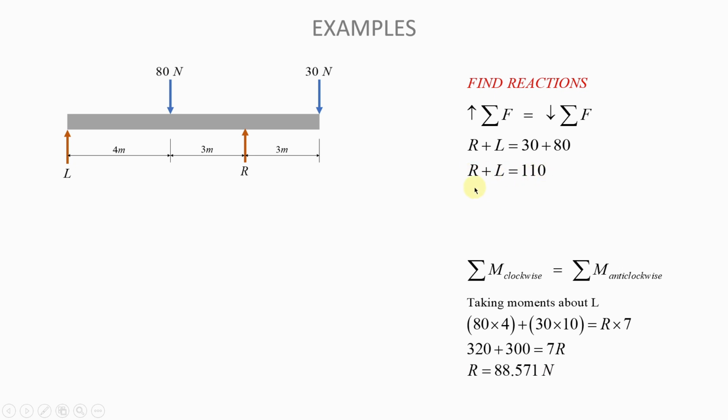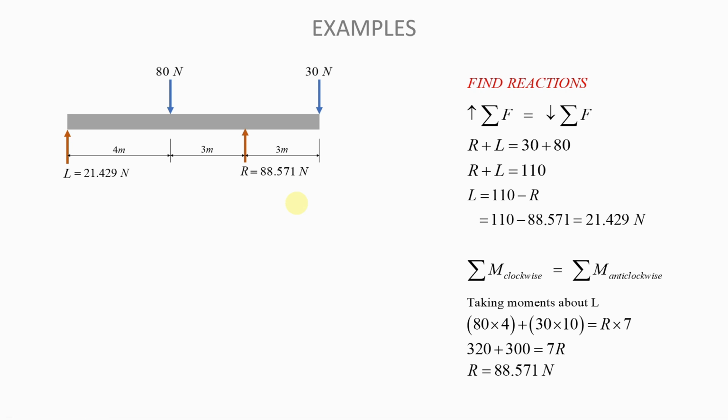Once you have the value of R, you can then remember the previous equality that you had on top here, and you will then say L will be equal to 110 minus R, and you know what R is, and therefore you can easily get the value of L. And L will be equal to 21.429 newtons. Okay, so we now have the values for L and R, and so we might as well write them there. And if we do that, then we know now that this force is 21.429 newtons, and that reaction there is